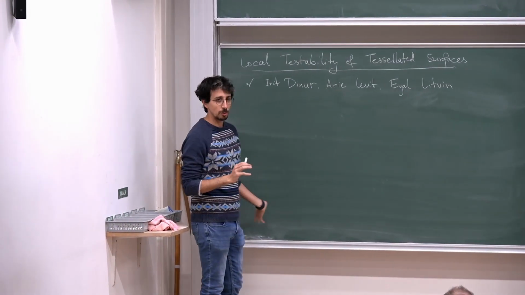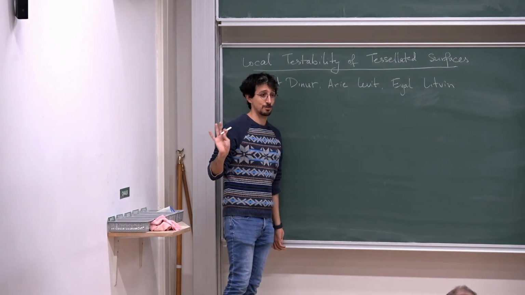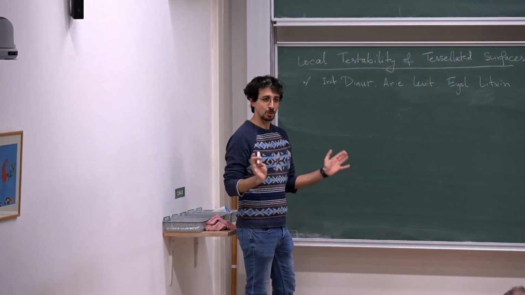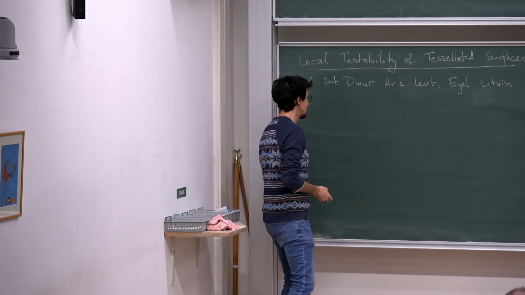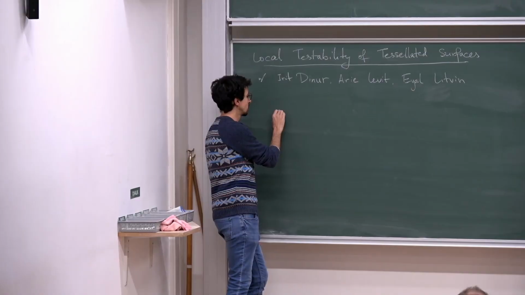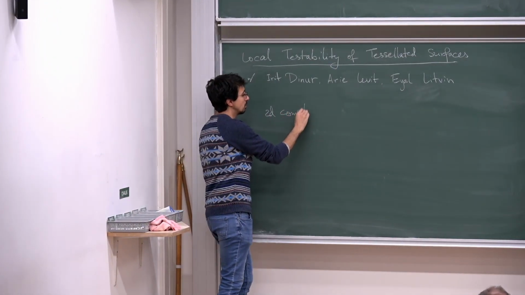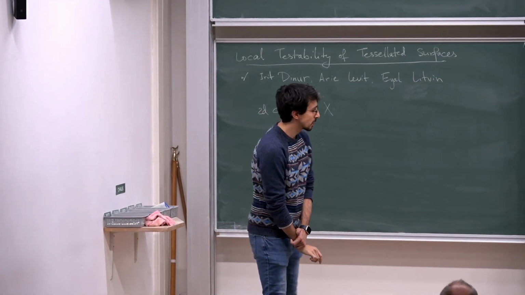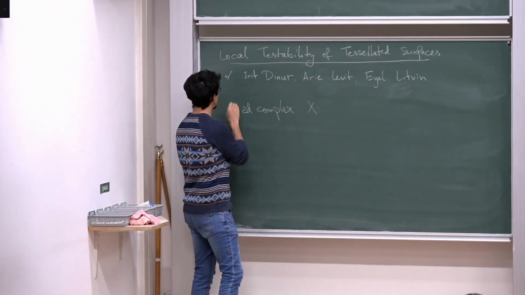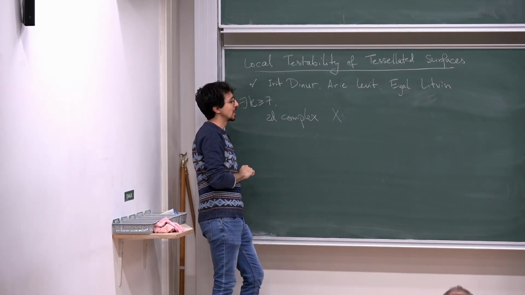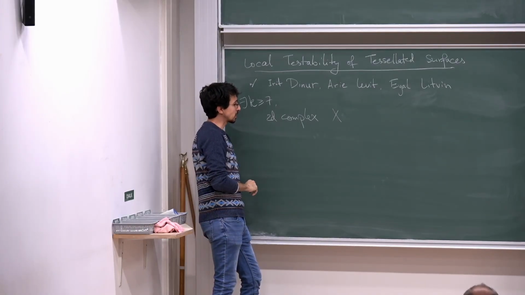Okay, so here's the problem. Let me first give a rough outline of the problem before actually defining it the way that computer scientists maybe do. Here's the rough problem. You are given a two-dimensional complex. Let's fix some constant k, and let's assume that it's at least 7. So you're given such a complex, and what you're told about this complex is that for most of the vertices of the complex,